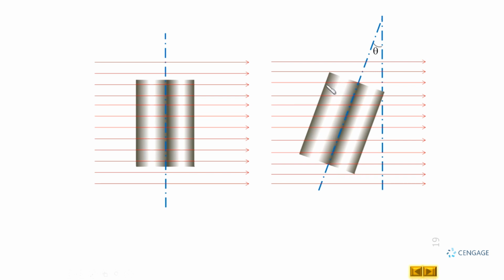That is, the incoming flux from this position to this position is the same as the flux associated with this line in a two-dimensional plane, and in a three-dimensional plane we will say surface. So the incoming flux from this position to this position should be the same as the flux crossing this inclined surface.